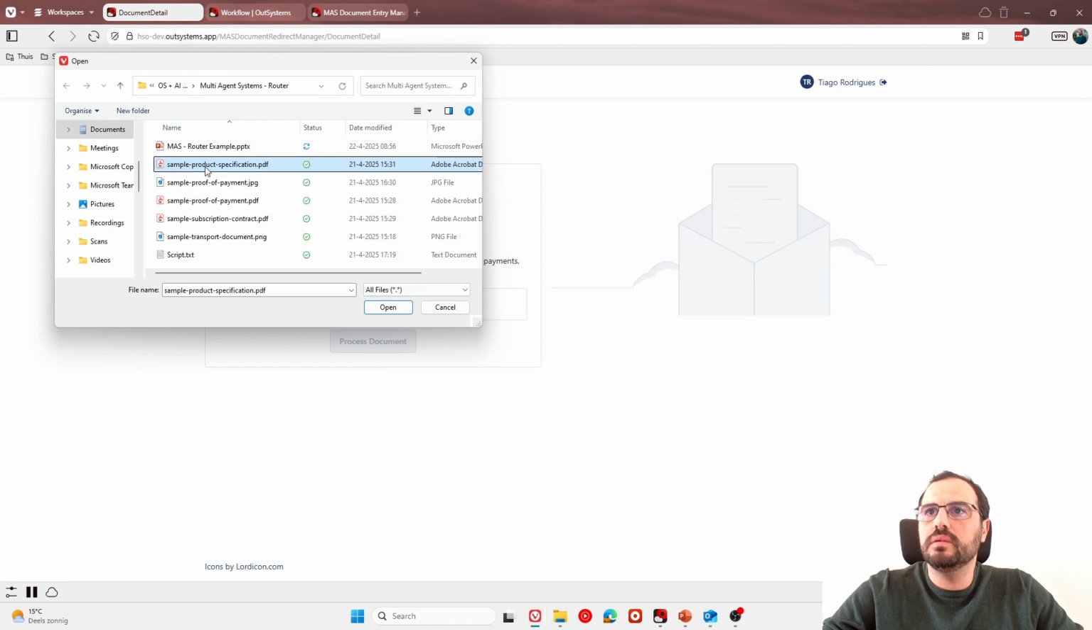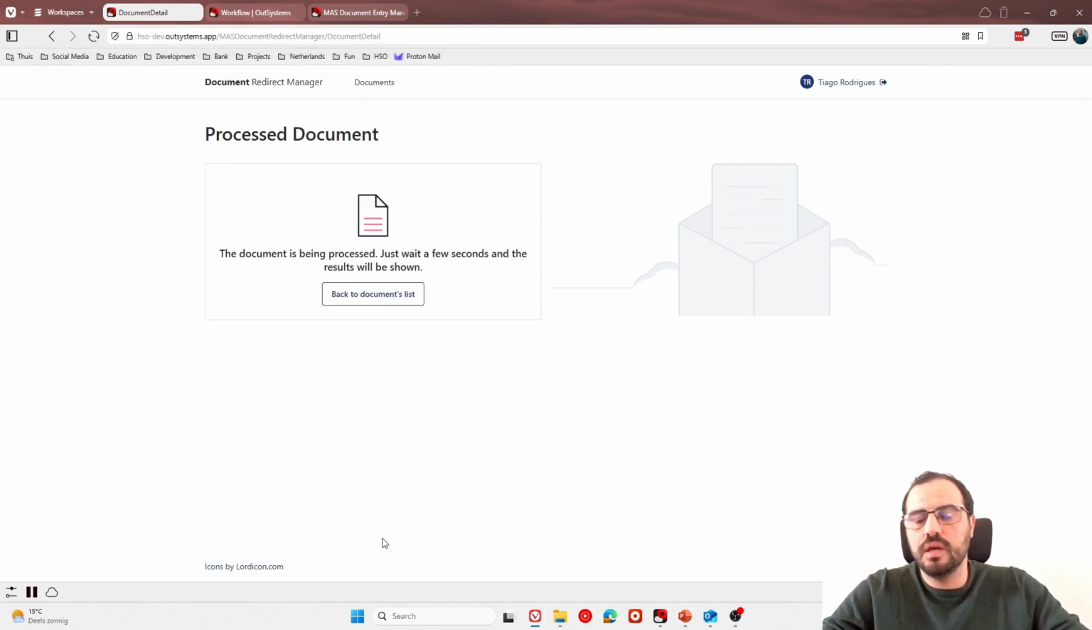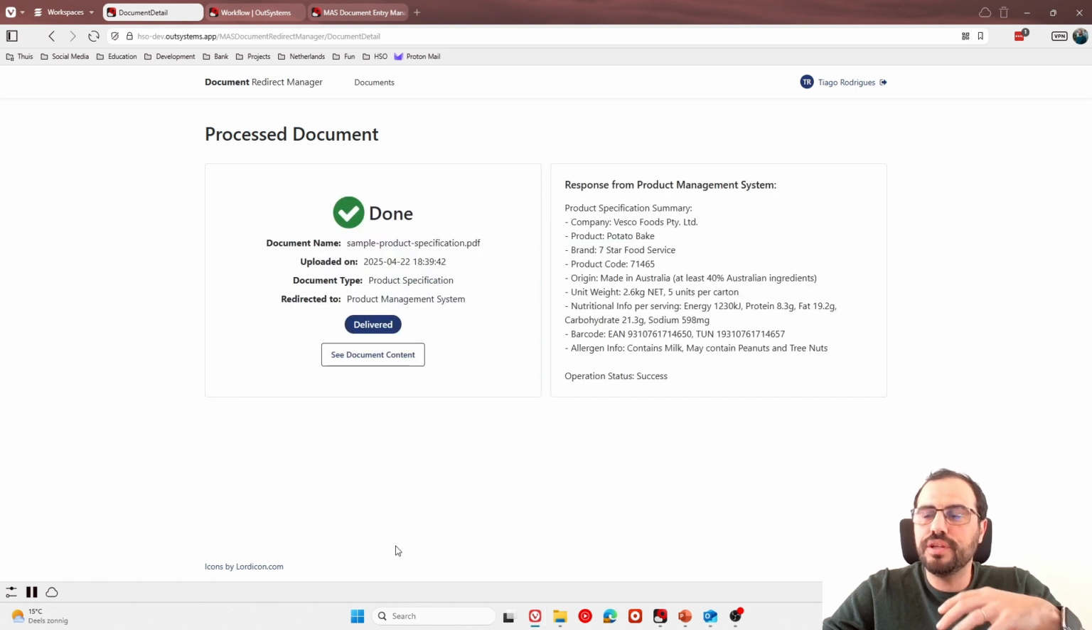So by adding this document here and asking to process, what is happening under the hood is we are triggering a multi-agent system with a router pattern. We will go into that after this, but he basically detected that, okay, this PDF is a document type product specification, and I sent this to the product management system because he had configured that if this is the case, send to this system. And in here we have a summary of the information that he got from the document,